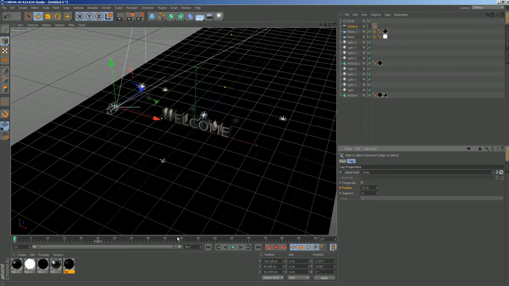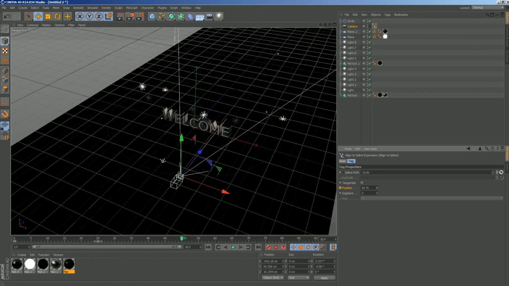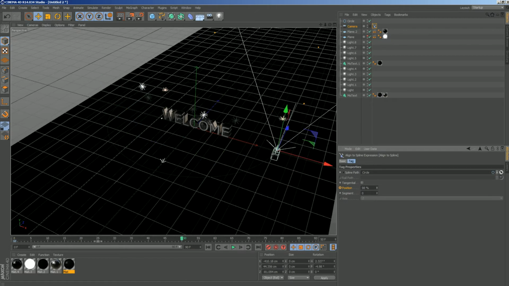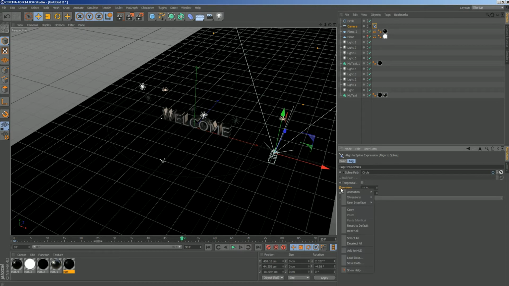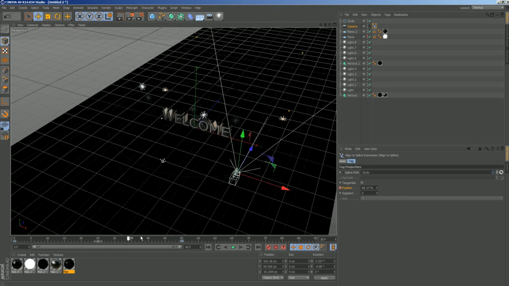We go to 50%, and we say, all right, we go to 97%, and we hit again the position key button. I would choose now with Control and mouse button. There we go. We have our animation. The problem is now